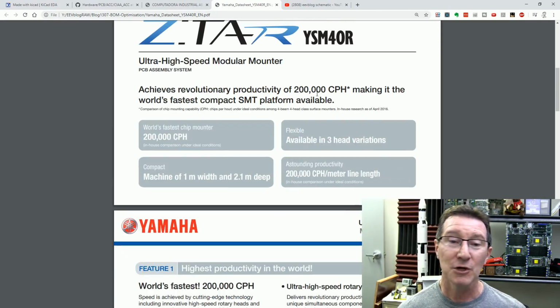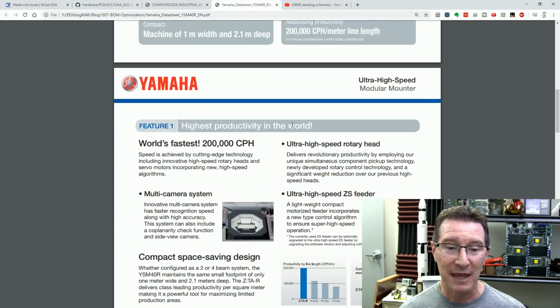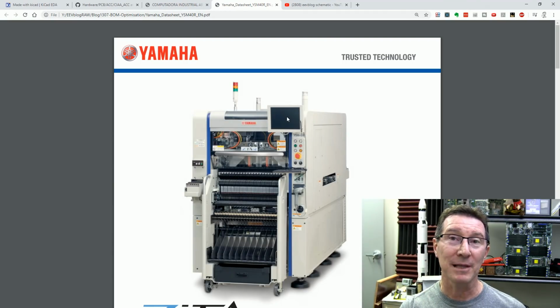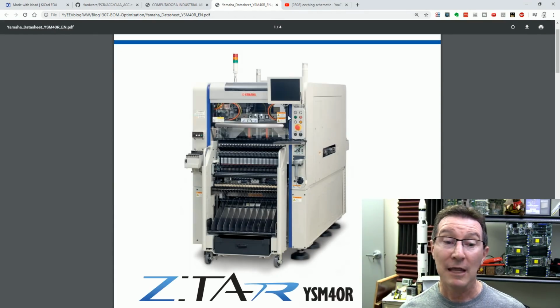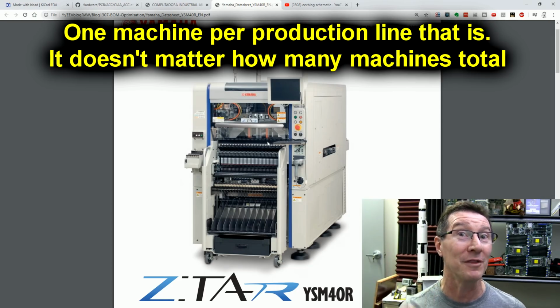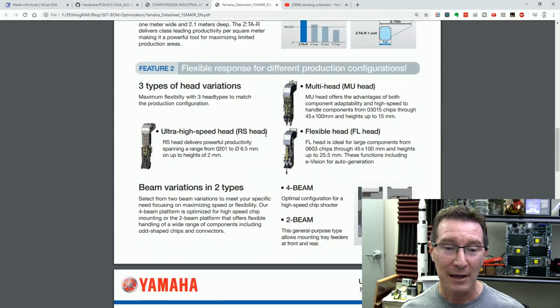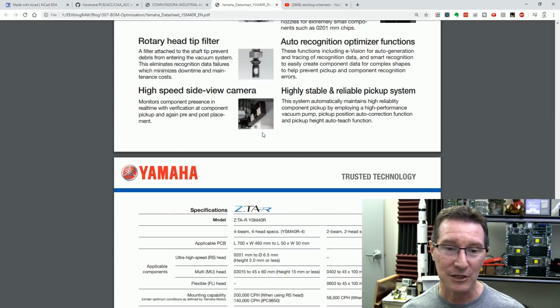Ultra high speed, 200,000 CPH, which is components per hour. That's the rating that they have in here. Basically, knowing what your assembly house might typically have, and if they've only got one of these machines, then you can come a gutser on this board already, even if they have two of these machines. You can come a gutser already. Why? Because if you go down here, it actually supports